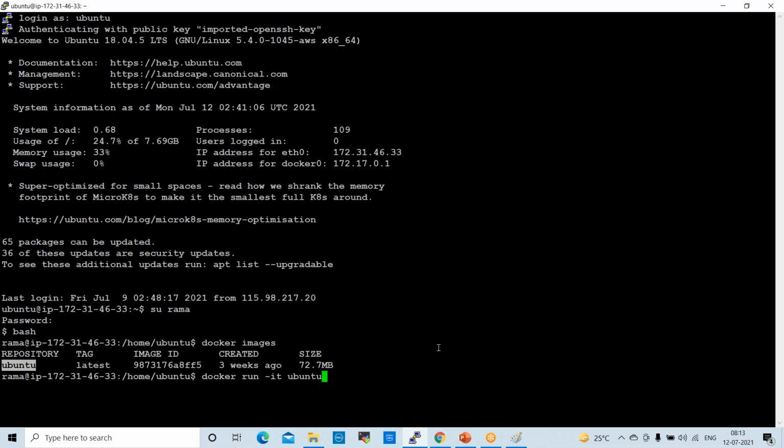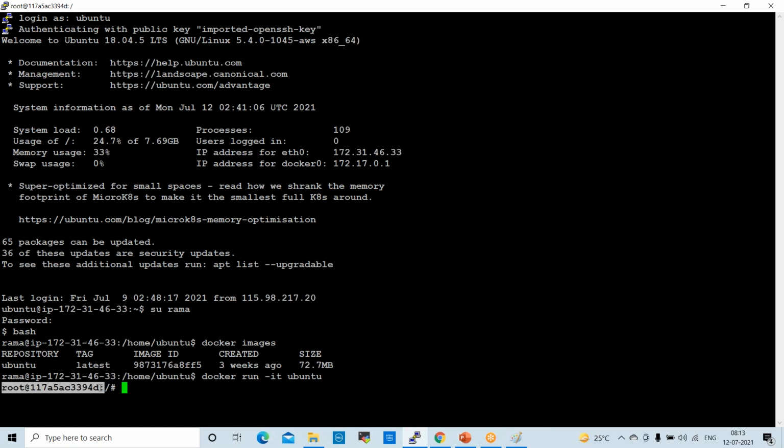When you hit enter here, it will move to container mode. Enter. Now I am in the container. See here, this is the container ID. This is the host side, and this is the container side. Now I'm in the container.